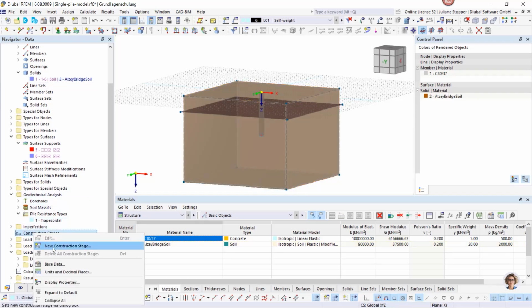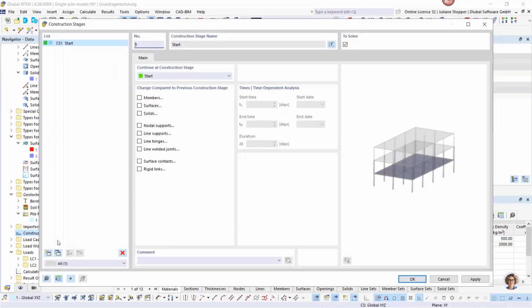So I do a right click here and I can say new construction stage. Soil has a stiffness that is stress dependent and dependent on the load history, and these characteristics are resembled if an advanced soil material model is used, like the hardening soil, which is able to represent this behavior. It is required to use construction stages. So that's why we use it for the hardening soil, for having the deformation of high quality in the analysis